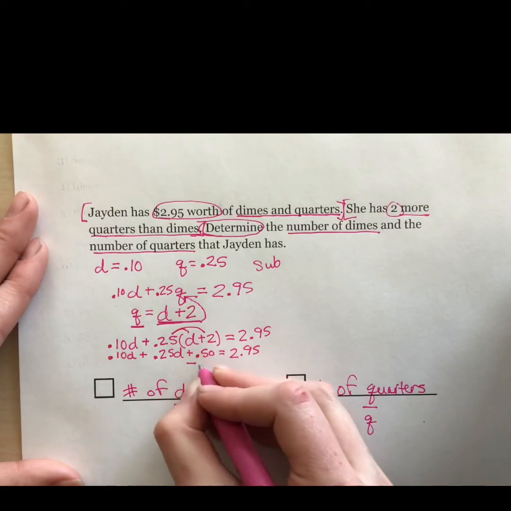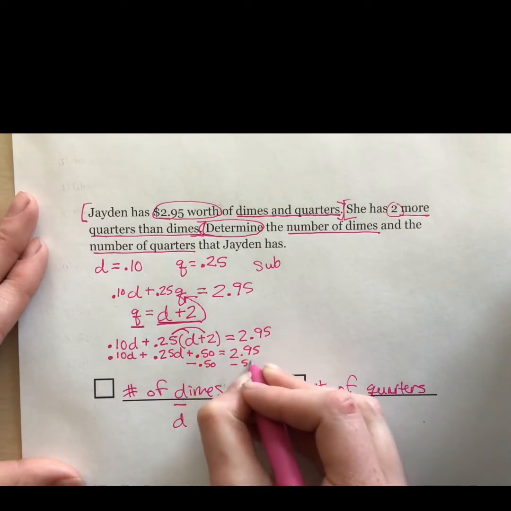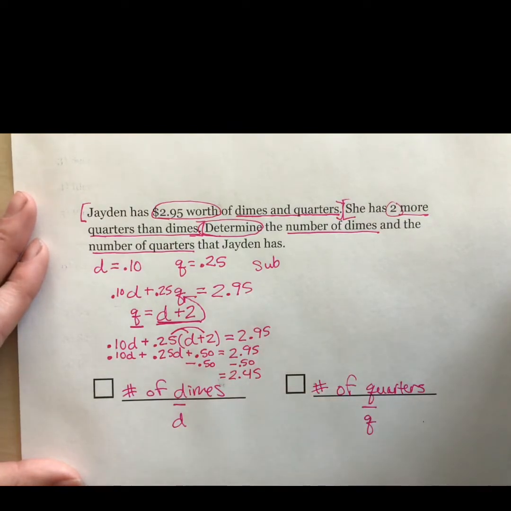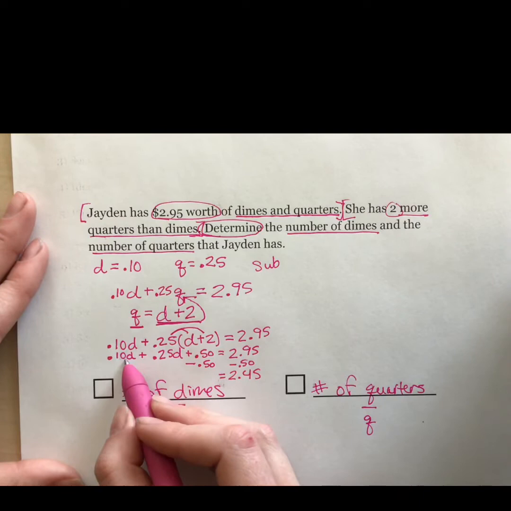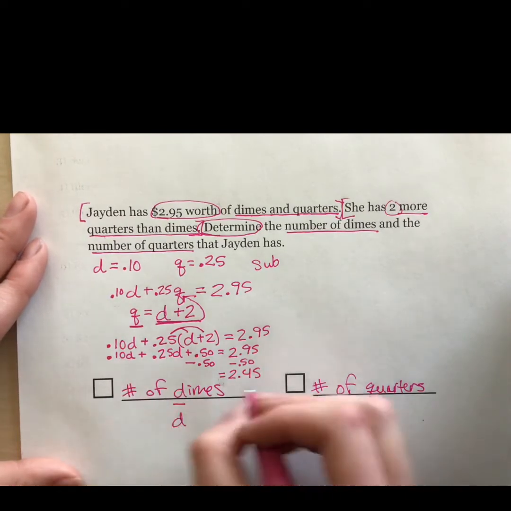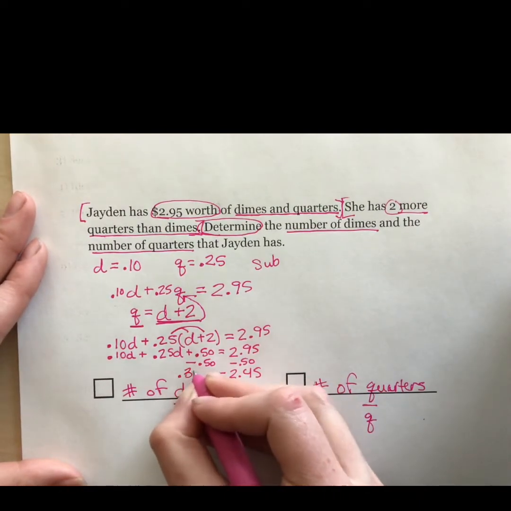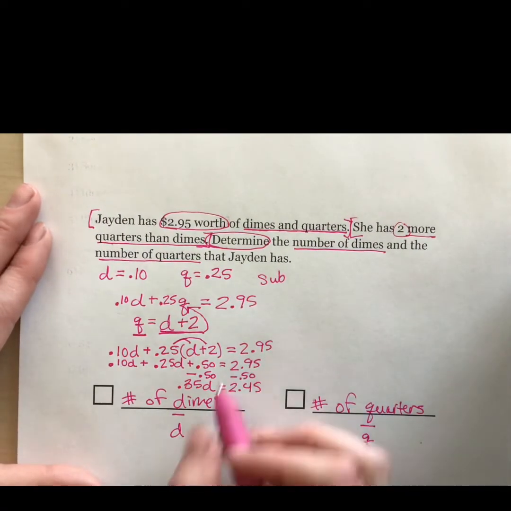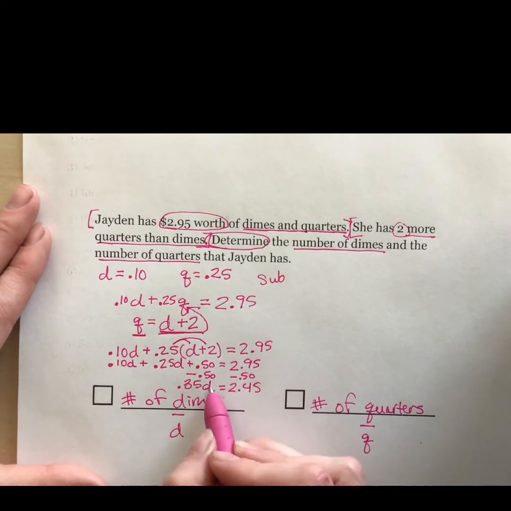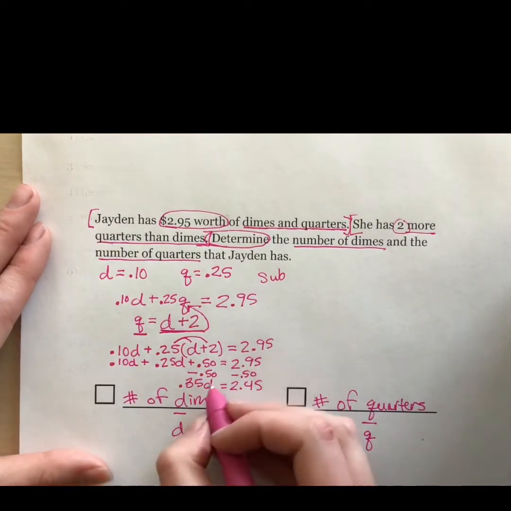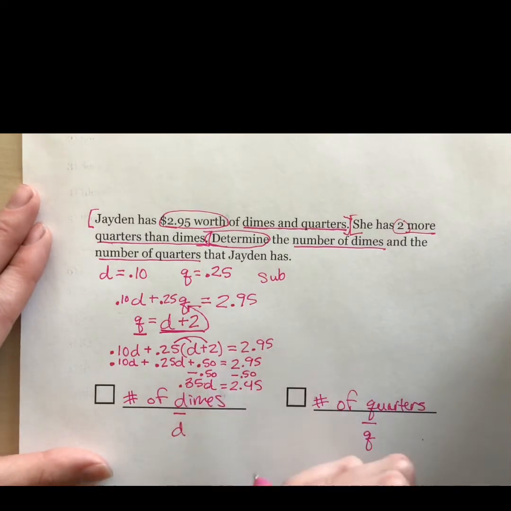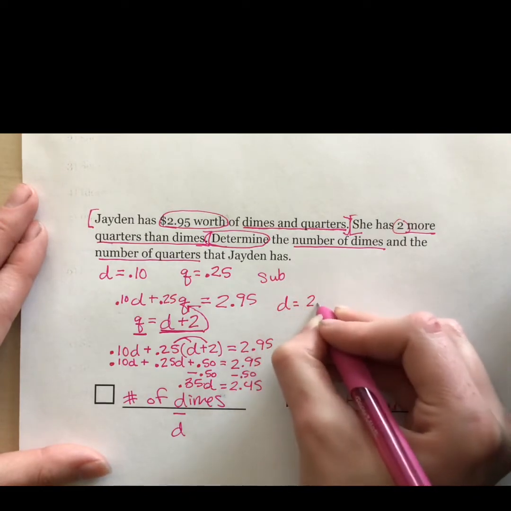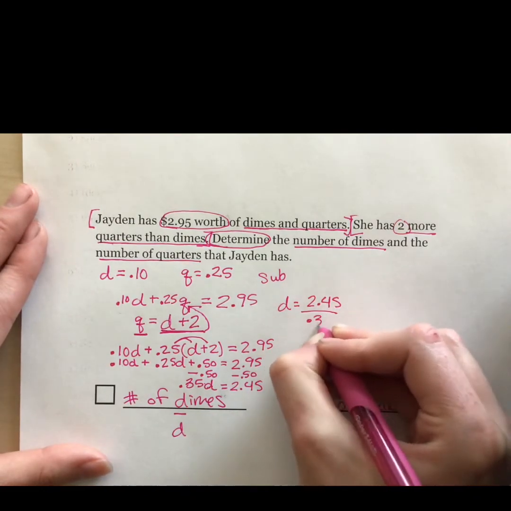I can subtract this 50 cents from both sides to give me $2.45. And I can combine my like terms, 10 cent dimes, 25 cents dimes. That will give me 35 cents dimes. Now, I need to figure out what dimes is on its own. A quick thing to note is since these are being multiplied, I'm going to divide both sides by 0.35. Now, I take my dimes equal 245 divided by 0.35,